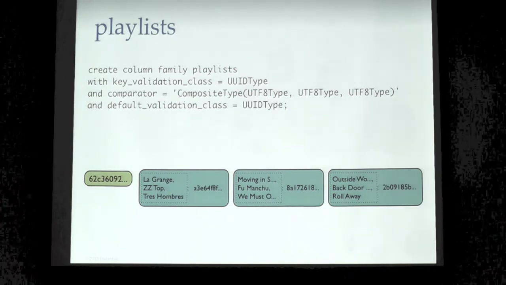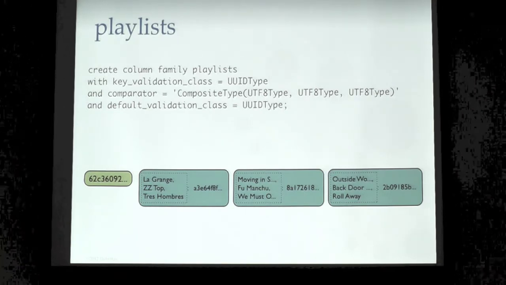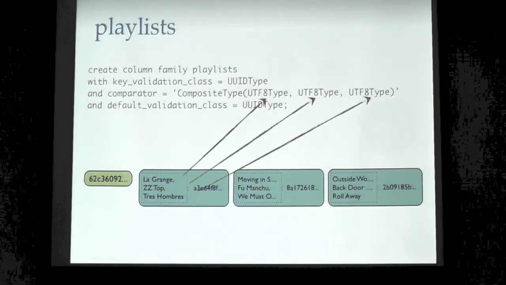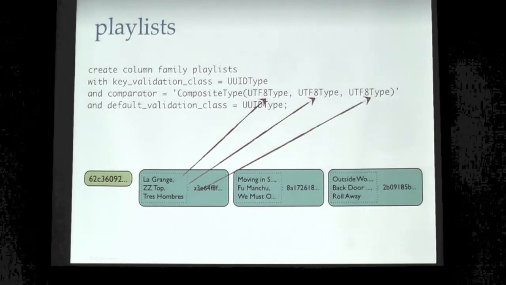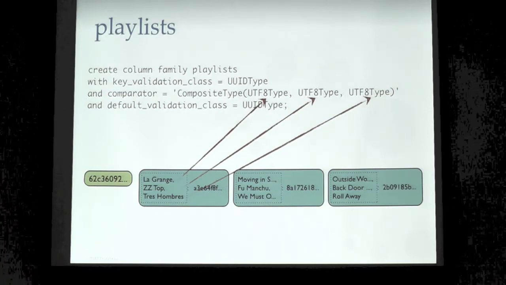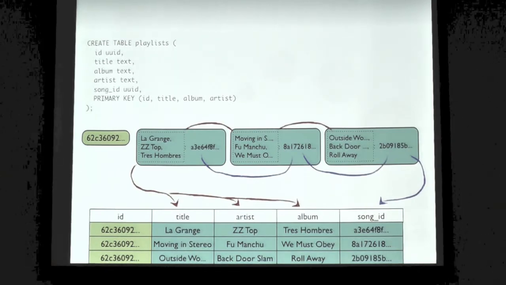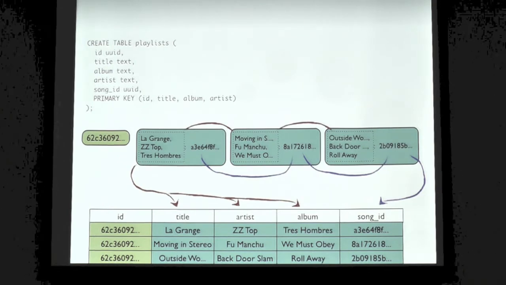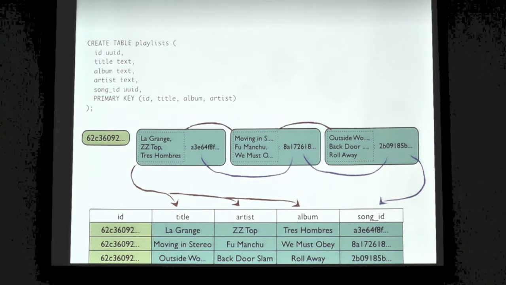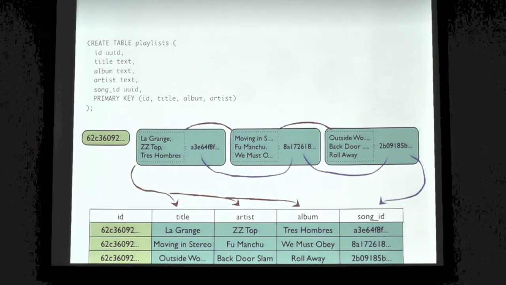So this is how I've diagrammed this with the old command line interface. When we move to CQL, we're going to take those 3 pieces of that cell name and split them up into 3 different columns like this. So we're mapping the title component to a title column, and the artist component to an artist column, and so forth. So this is how we do that in the declaration, where we give it